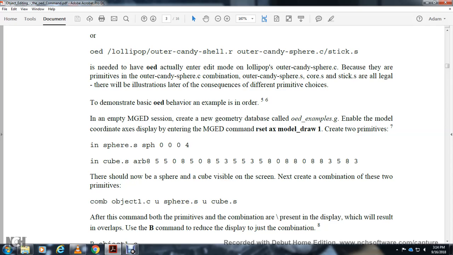There should be no sphere with a cube visible on the screen. You'd have 8 attributes with the 4 different A, B, C, D, and then all the 8 different sides. Next, create a combination of these two parameter combination objects: one combination of the union sphere shape,